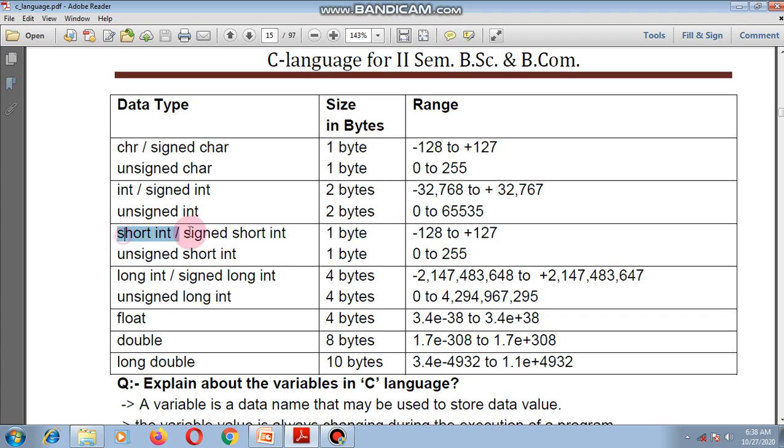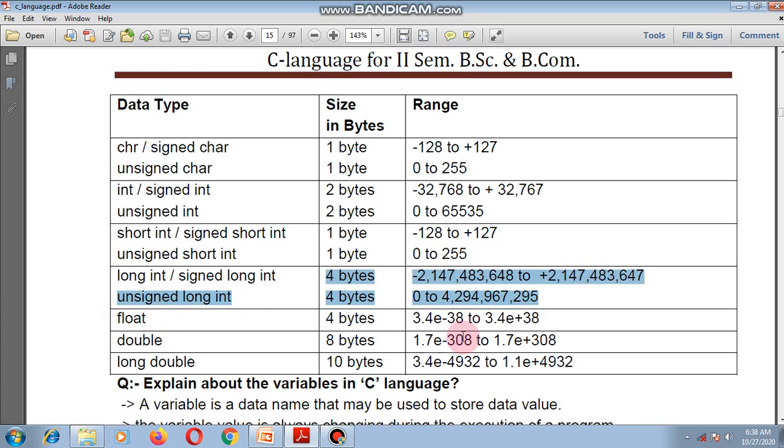Next, short integer, 1 byte. So this is the range of values. Unsigned short int, 0 to 255, and long int, 4 bytes. So this is the minus value and this is the plus value. Unsigned long int, 4 bytes. So this is the range of values accepted by the unsigned long int data type.